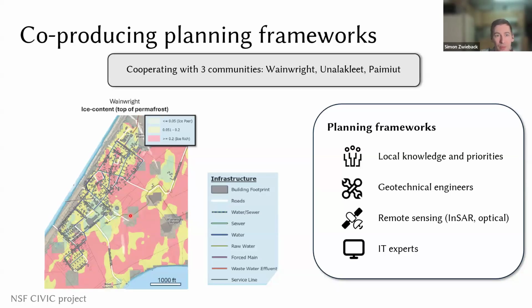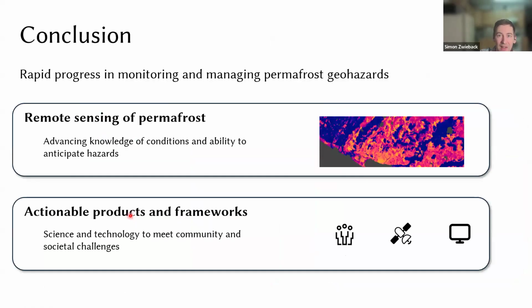So there's lots of opportunities in working directly with communities and with stakeholders in the Arctic to help deal with permafrost hazards, and remote sensing is going to play a big part in that. So overall, there has been rapid progress in monitoring and managing permafrost geohazards, and that relates to various disciplines, and the one I focused on here is remote sensing, where we've seen that there have been 3 areas of remote sensing of ground ice that have advanced rapidly, and putting them together, they help us understand the ground ice conditions across large areas, and